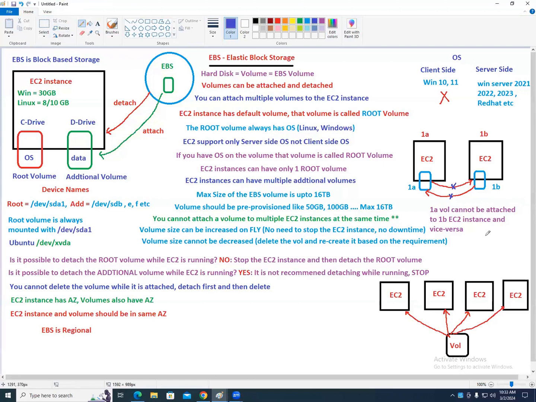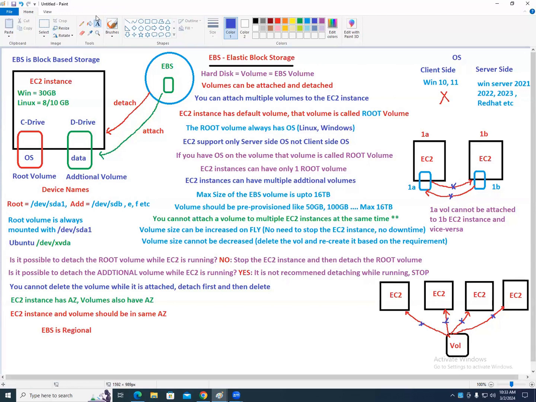So, what if I need something called shared storage? I have one data in one place, and that data has to be available in all the EC2 instances at the same time. Is it possible with the volumes?